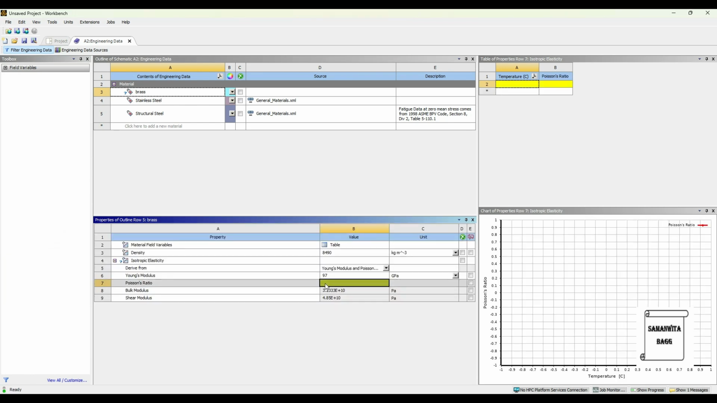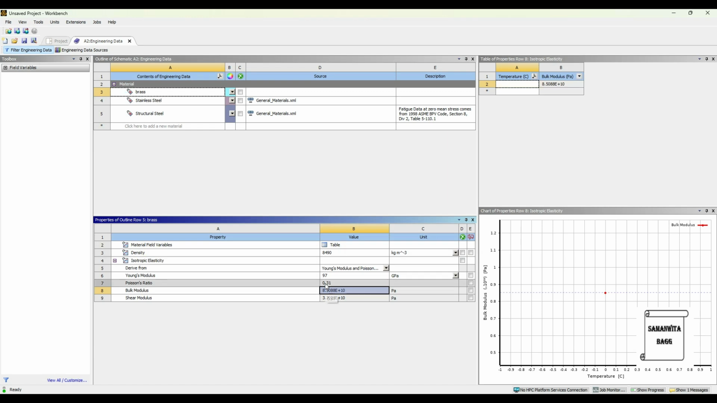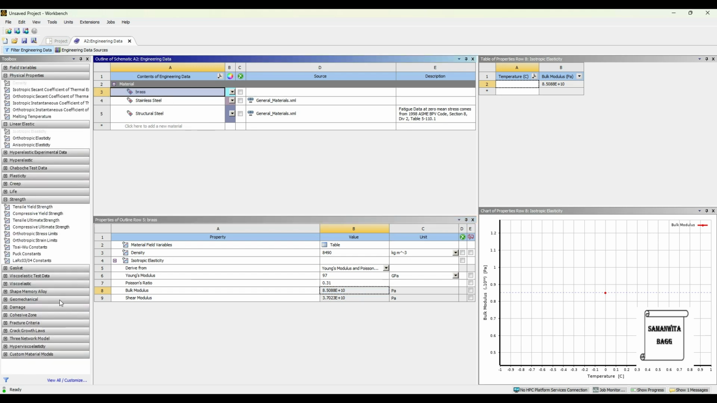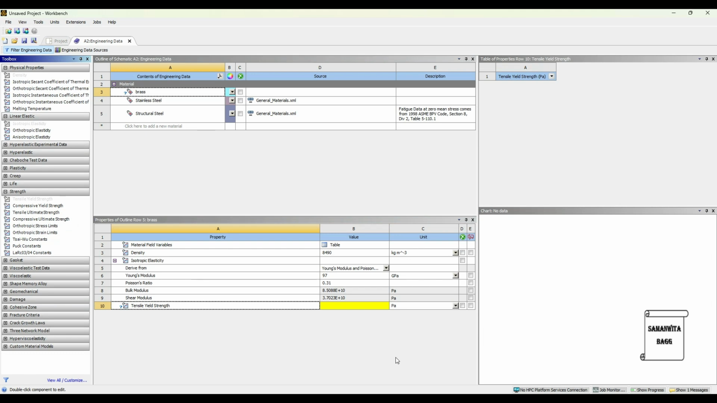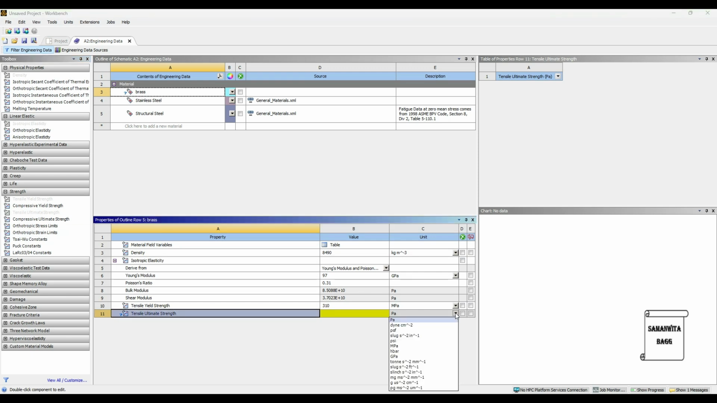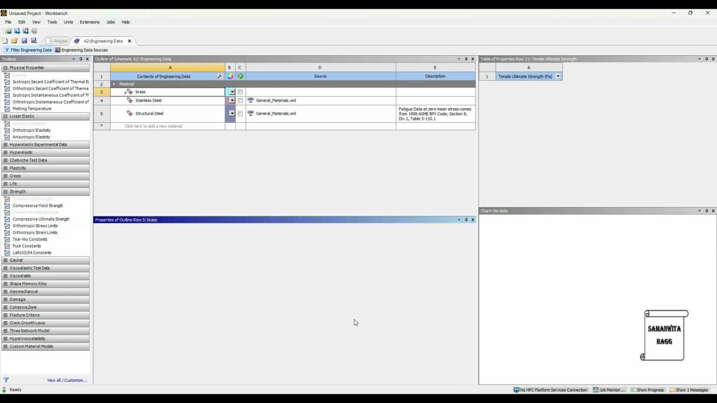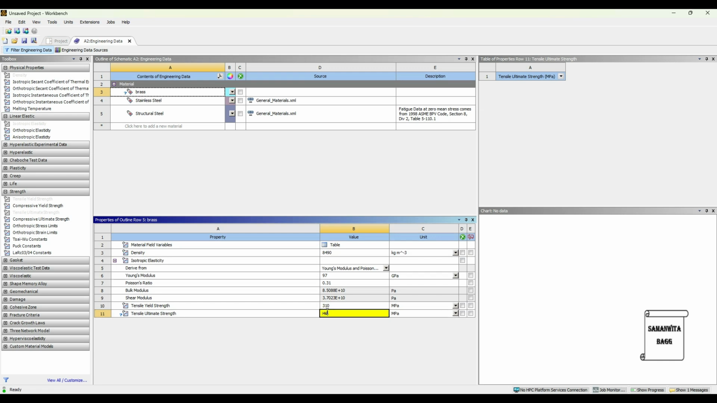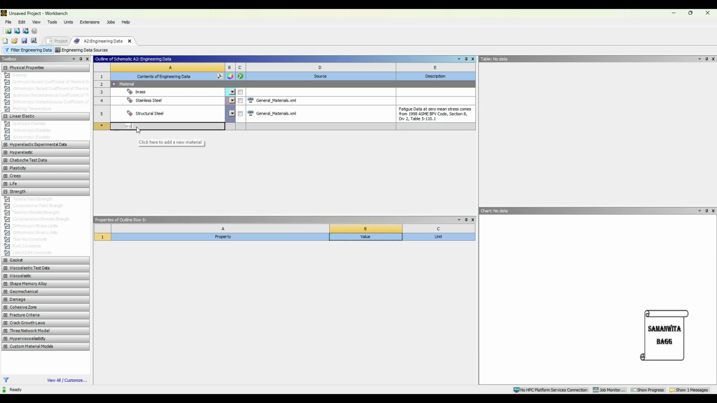Next, we'll give the value of Poisson's ratio, which is 0.31. Also, if you want, you can give the value of tensile yield strength, which is 310 megapascal. So we'll change this to megapascal, and here we'll add the value 310. The value of tensile ultimate strength in megapascal is 469. So once this is done, we will now add the next material, which is bronze, which is another